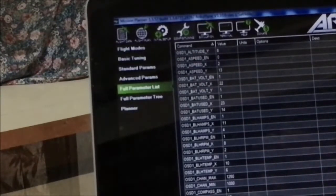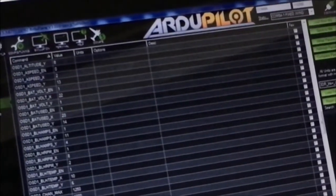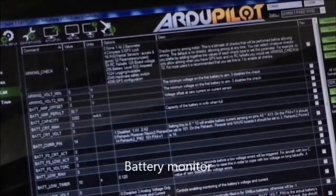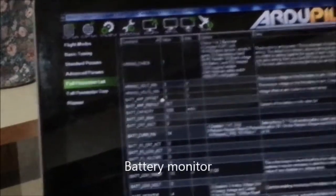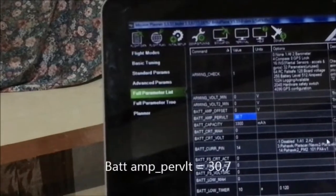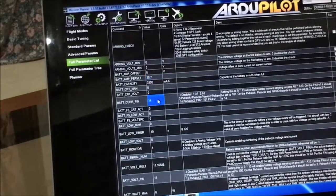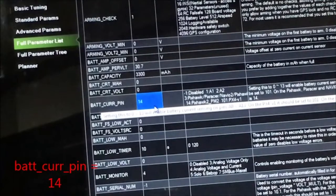So what we're going to do right now is to set up the battery voltage and current monitor settings. So let's look for the BAT keyword. Everything that has a BAT keyword will be displayed on the parameter list. So for the BAT AMP_PERVLT, I set 30.7. This is a value that will give me a proper calibration. You need to perform your own calibration later on, but for now we can use my value, 30.7. Okay, this one, BAT_CURR_PIN: for Matek F405 boards, set the BAT_CURR_PIN to 14,